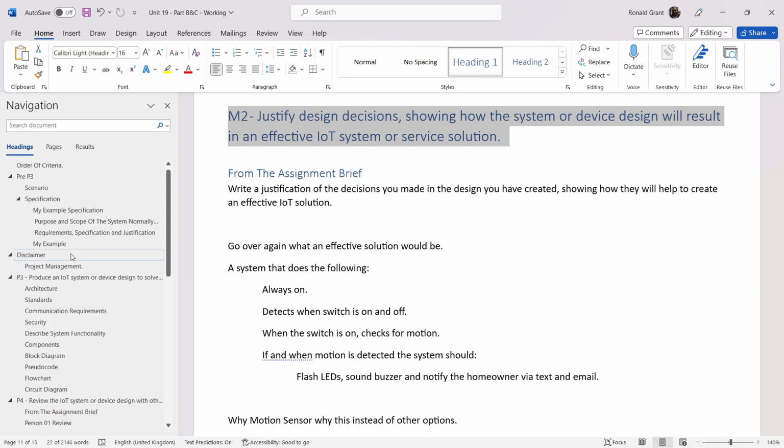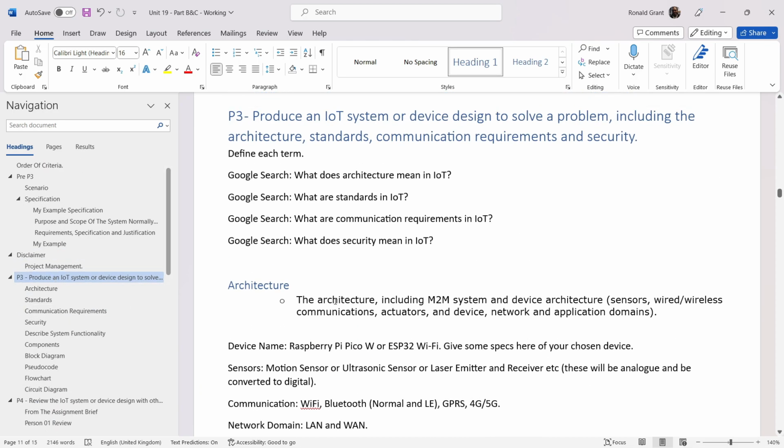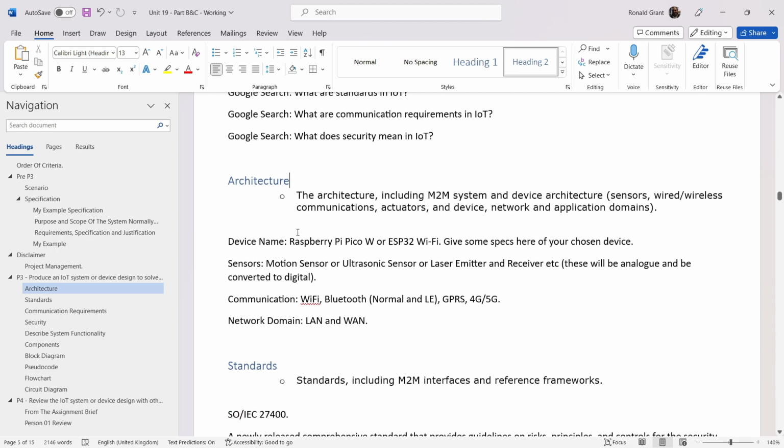So this is why I'm saying that you should ideally practice and make use of styles and formatting. I believe my first or second video showed you how to do that, so please go back and watch that one. So architecture, including M2M system and device architecture, so machine-to-machine systems. We don't really need to worry about that term right now. It would be a good idea to define what M2M means or give a single sentence as to what M2M means, but it puts in brackets the stuff that we need to focus on, which is what I really like